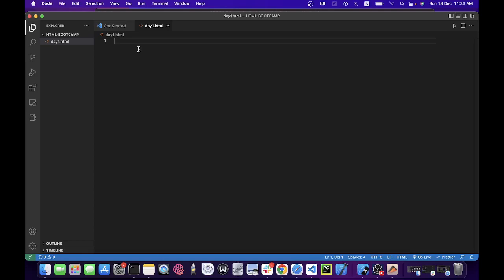HTML consists of tags. HTML is actually full of tags. Tag means this one is a tag. Suppose I'm writing h1. Here h1 is an opening tag, and the h1 at the right is the closing tag. And we can write something here like hello world inside the tag, and if we save it by Command S, or if you're on Windows it should be Control S,